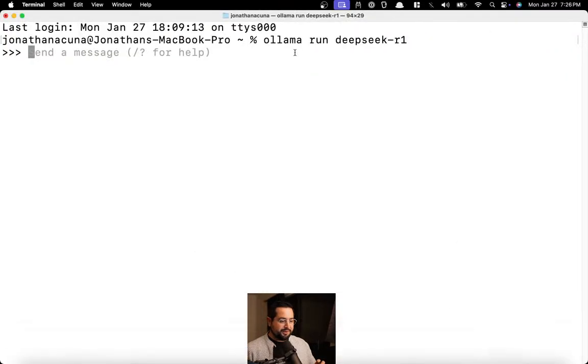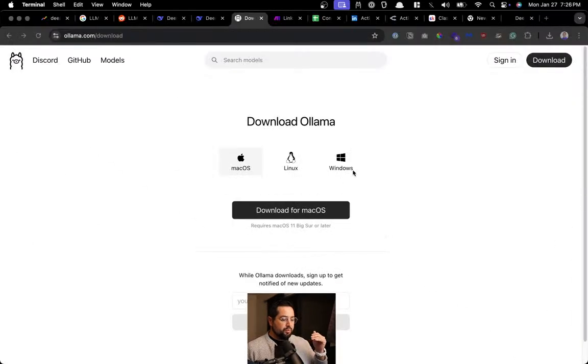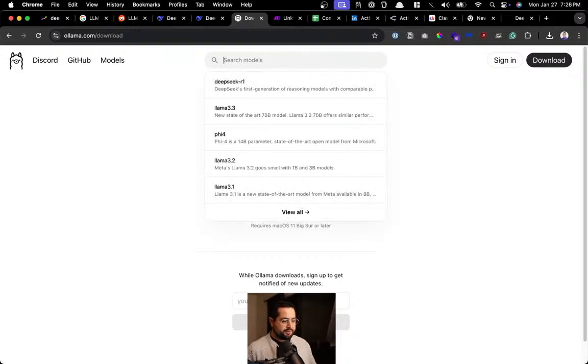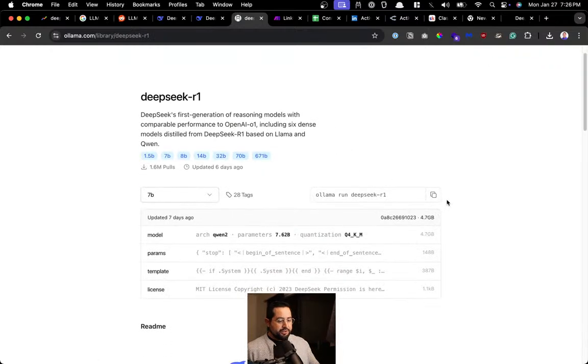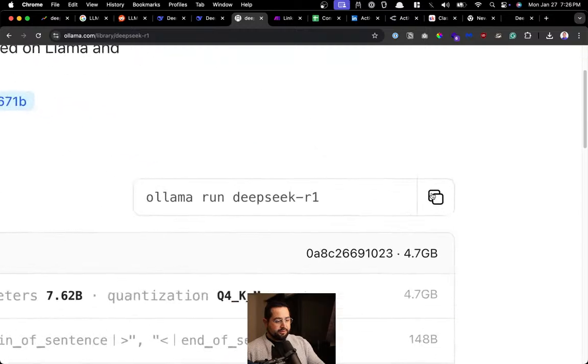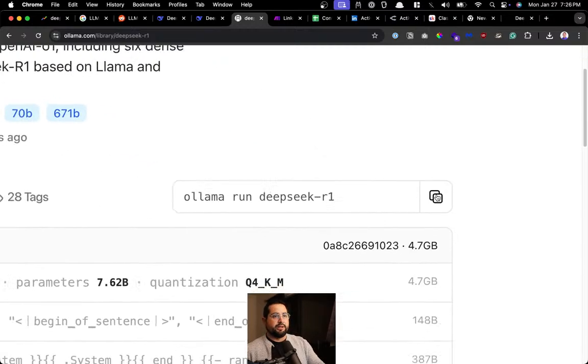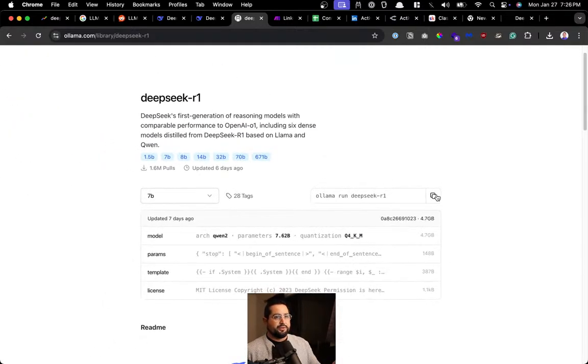So I'm going to open up terminal. Yep, now we've got terminal on my computer. Oh wait, I skipped a step. Once you have Ollama installed, you can search the models here. So, Deepseek, just search it, and then all you have to do is click this right here and run that in terminal using Ollama. It's literally two buttons. That's all it takes to install Deepseek on your computer, and then you have O1 running locally.